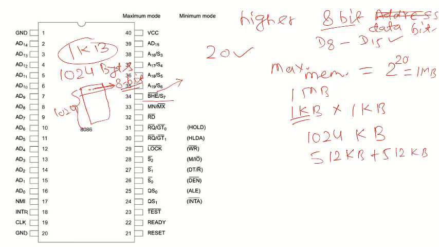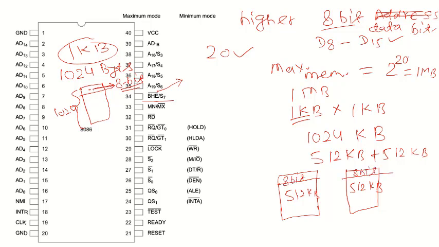Okay, so what is the concept, that the whole memory is divided into two banks, so like this and like this। So this will be of 512 KB and this will be of 512 KB। Okay, and each location contains the 8-bit data, similarly this is what 8-bit data। Okay,